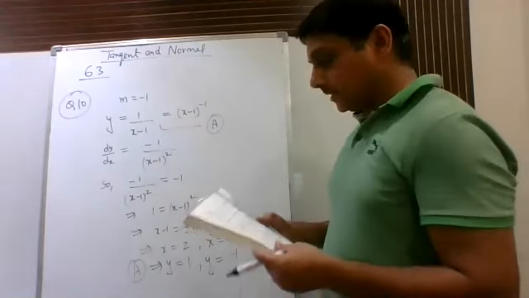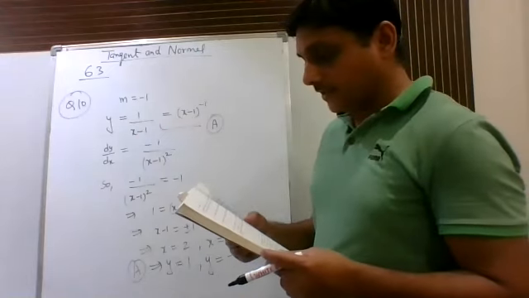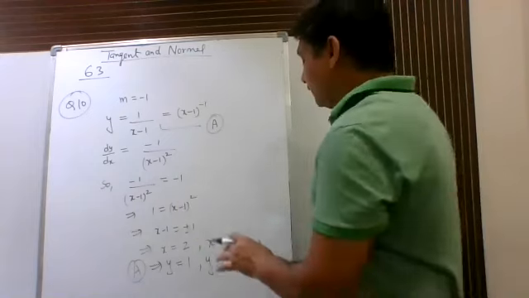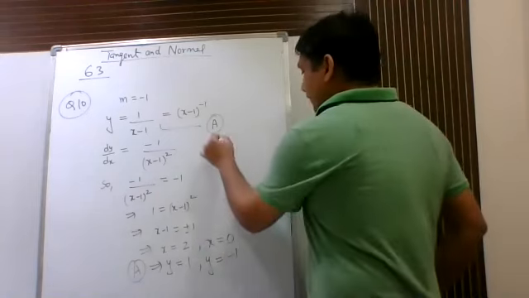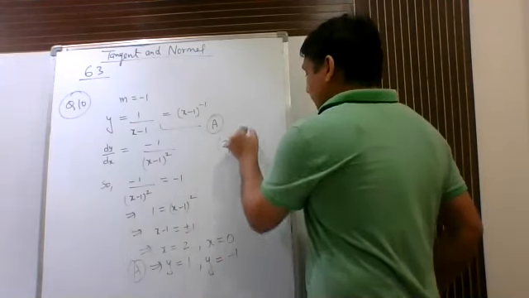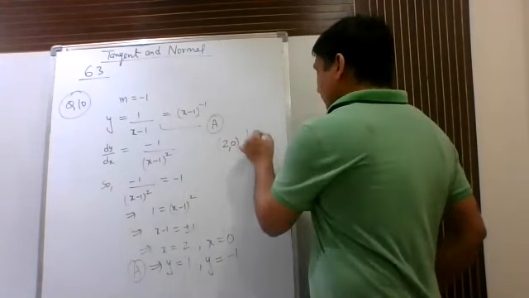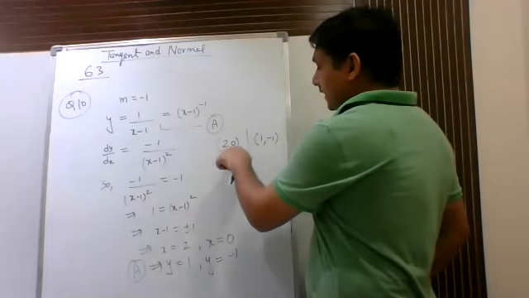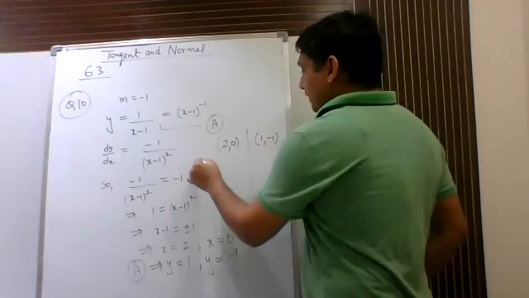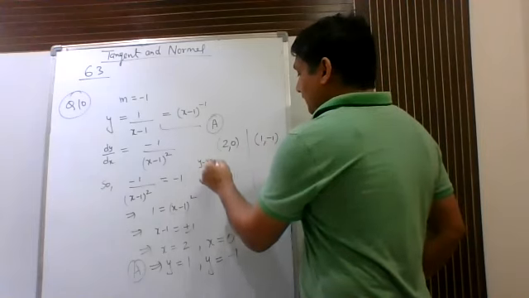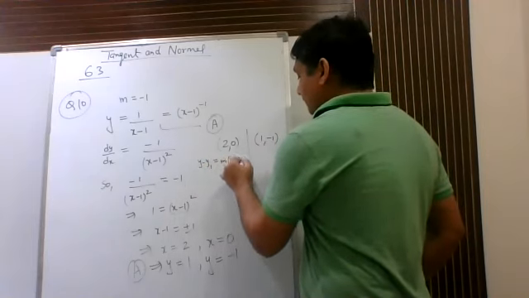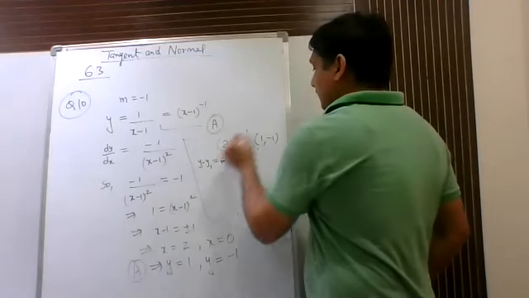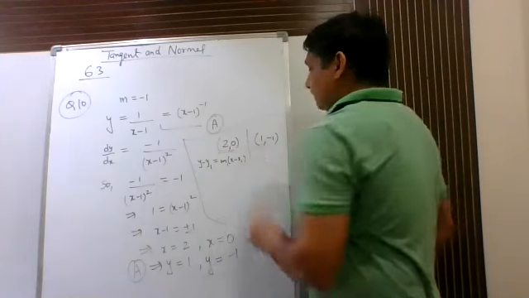So that means they are saying find the equation of all the tangents having this slope and that are tangent to the curve. Now we have got 2 points. One point is 2 comma 0 and another point is 1 comma minus 1. Now we need to find the equation of the tangent at this point as well as at this point. So your formula was y minus y1 is equal to m into (x minus x1). This was the formula for the equation of tangent at (x1, y1).